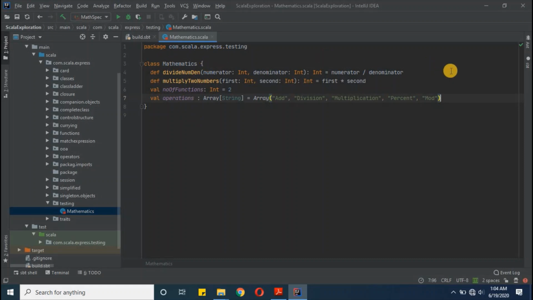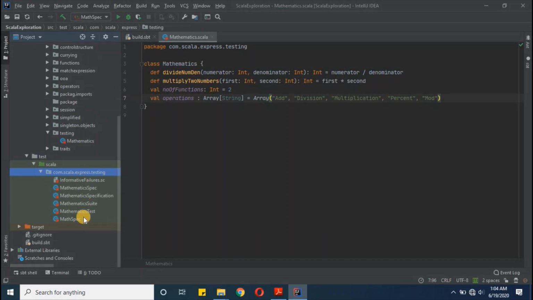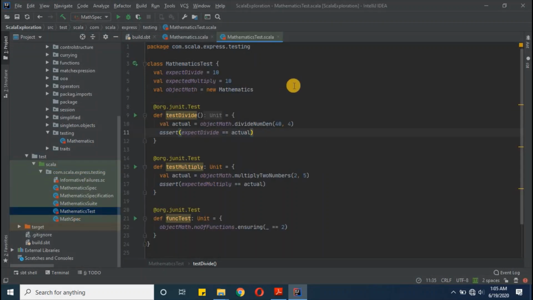And now we will write test cases to validate this class functionality. So as I told you earlier, we need to create one package called com.scalaexpress.testing. Inside that package, the first example which we have seen today is our mathematics test. And this example we are writing with the help of a JUnit suite. So here I'm defining MathematicsTest and then local variables expectedDivide and expectedMultiply, and then I'm creating one object for the mathematics class. As per the JUnit framework agreement, when we define test cases, we need to keep one annotation also, and this annotation is